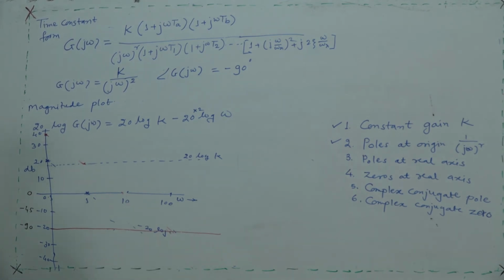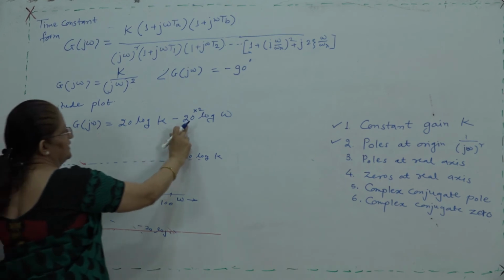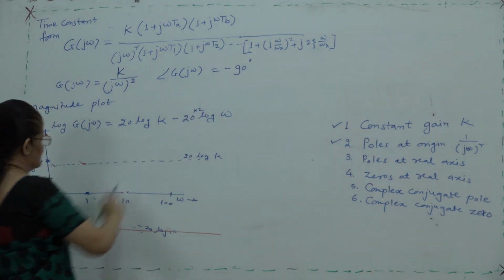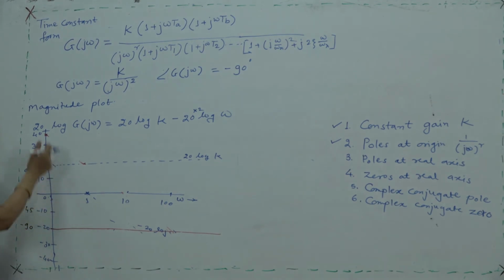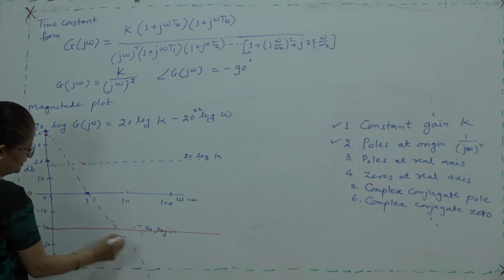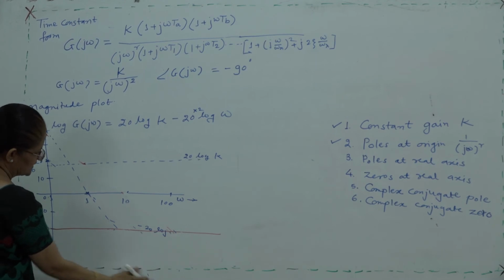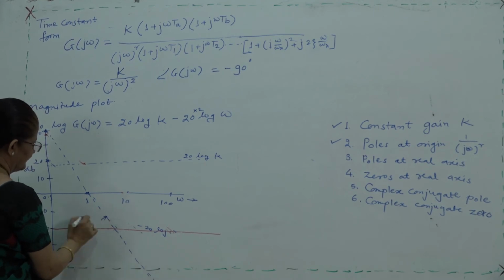Okay. So, here only I will try to draw. At 1 it is 0 dB and it is 20 into 2, that is 40. So, 40 dB per decade line you have to draw. So, one point is at 40, one is at 0, within one decade change is minus 40 dB. Draw a line. Okay. So, the slope of this line is minus 40 dB per decade. This is minus 40 dB per decade.